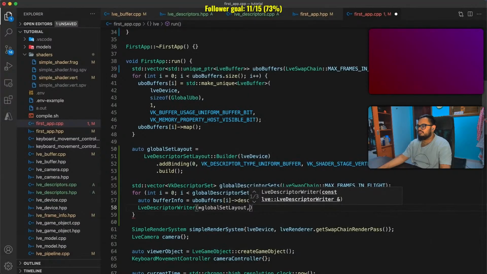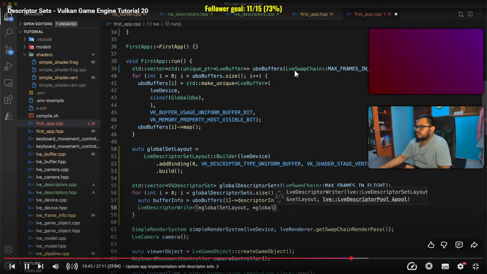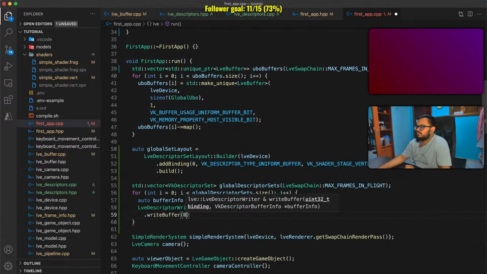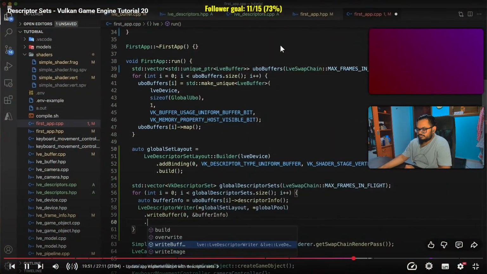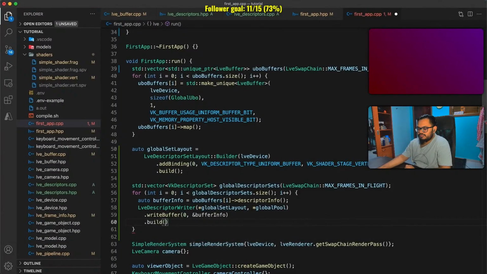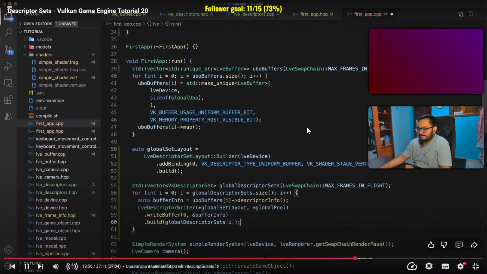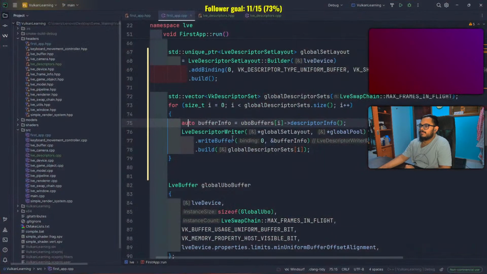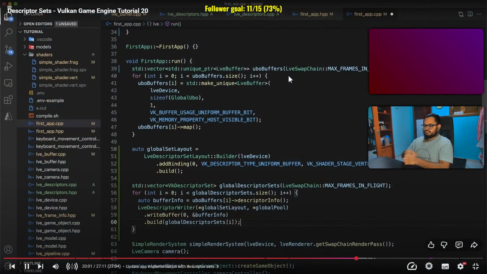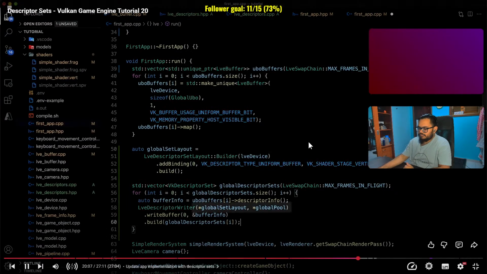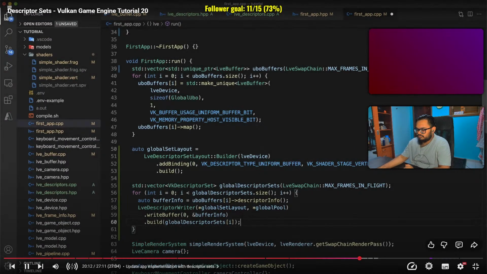This is exactly what the descriptor writer class was created for. So in a for loop, set using an int layout index, iterate over global descriptor sets. We can get the buffer info with the correct size and offset by using the descriptor info helper function on the buffer class. Create an LVE descriptor writer instance, passing in the global set layout and global pool as arguments. We need to use the dereference operator since these variables are unique pointers, and we want to access the contents in this case. Write the buffer info to binding 0,